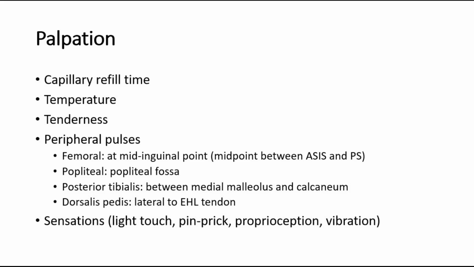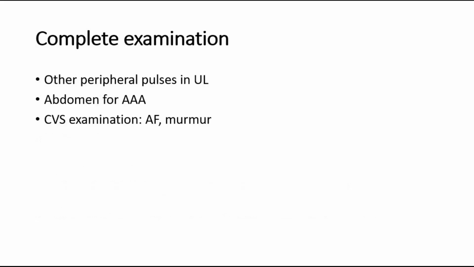So next we should also palpate for the sensation to check the light touch, pinprick sensation, proprioception, and also vibration sense in the lower limbs. So to complete the examination, we should also comment that we would like to check other peripheral pulses in the upper limbs, such as radial pulse, brachial pulse, and also carotid pulse. Palpate the abdomen for abdominal aortic aneurysm, and also do a cardiovascular examination to check for any atrial fibrillation or